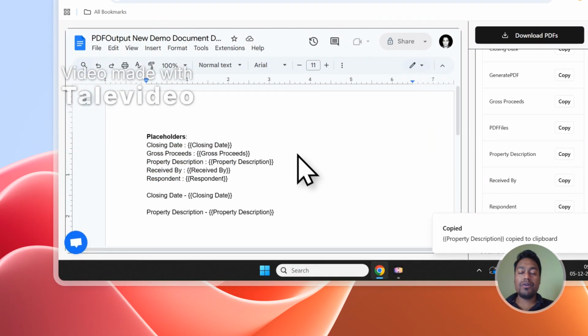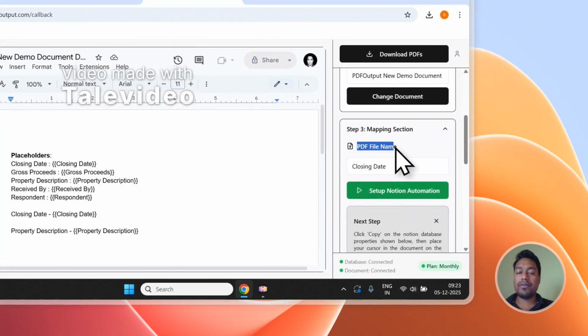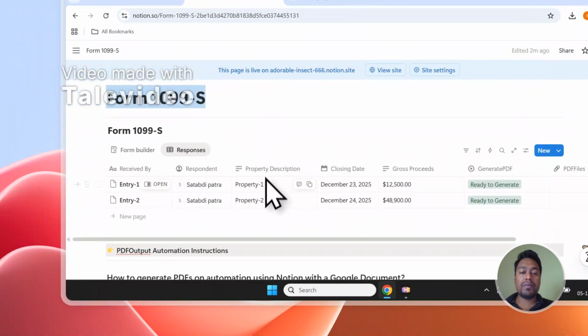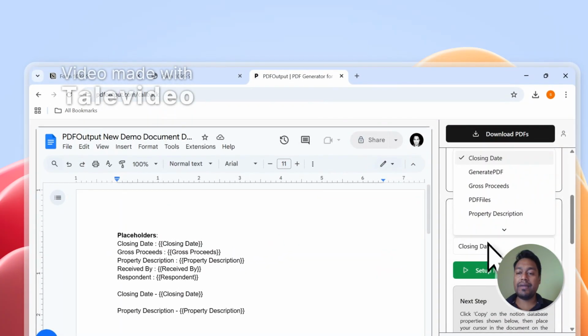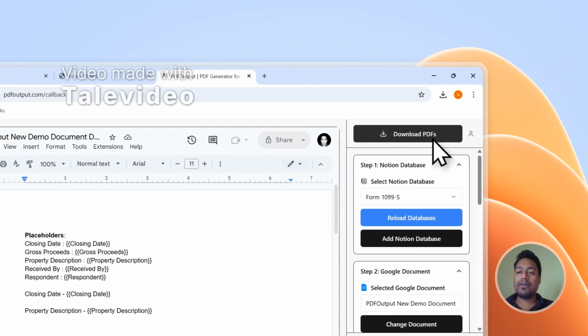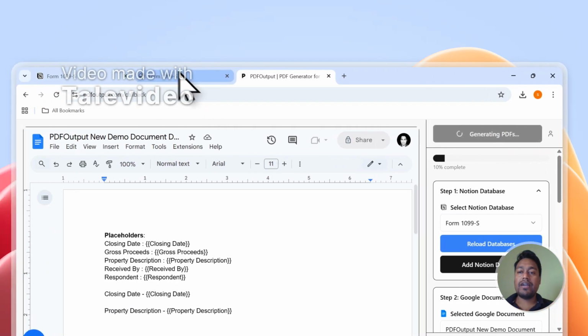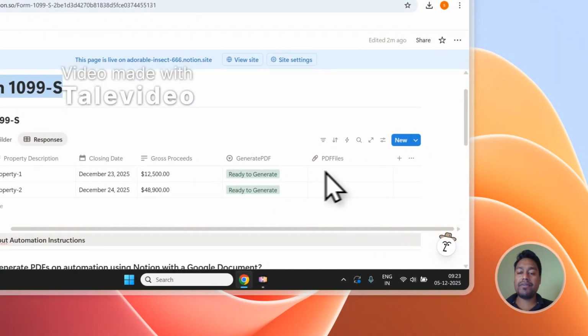Okay, so I'm going to stop here, and I need to define the PDF file name. So I will just choose property description as my corresponding column for which the PDF will be named. So I will select property description from this list, and then I'll click on download PDF. It will start downloading the PDF onto the downloads folder, as well as it will save the PDF directly inside